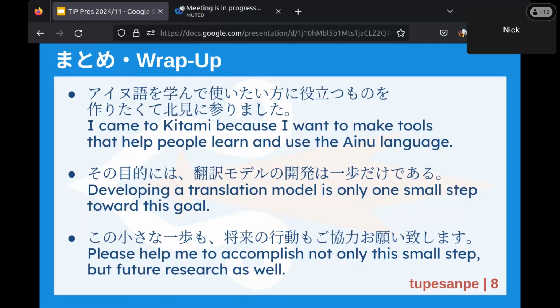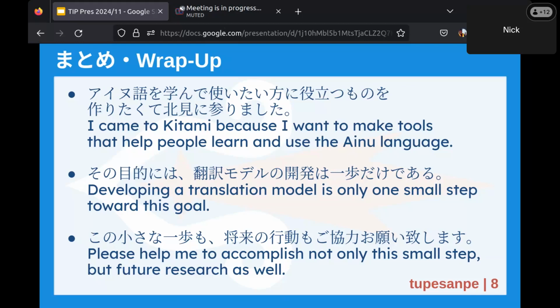How much do they overlap? Oh, overlap. I think it's a question about neologisms. Okay. I'm sorry. Okay, so neologism. Okay, so in colloquial Ainu,